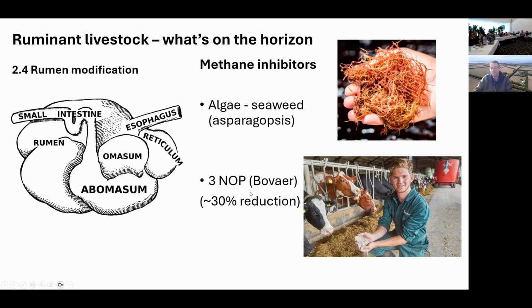There was one exciting bit of work done with 3-Nop a couple of years ago, where young weaner cattle, when they were weaned off mum and they were yard fed for 2 weeks with a ration that had 3-Nop in it, and then they retested them again 14 months later or something, and there was about a 20 to 30% difference in their methane production 12 months later. So in other words, there'd been a modification to the rumen, which had actually remained permanently in those animals, at least up to that sort of 12, 14-month period.